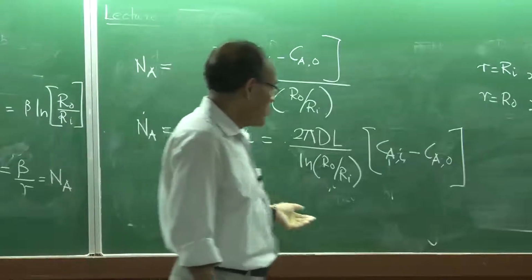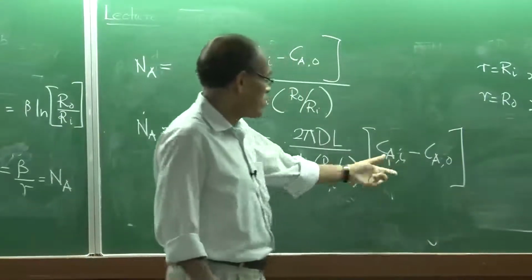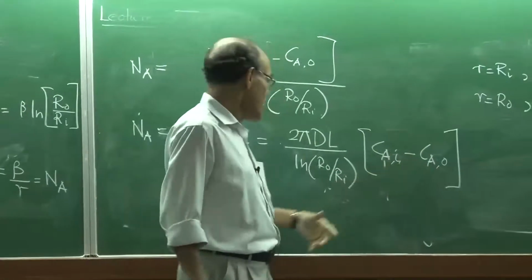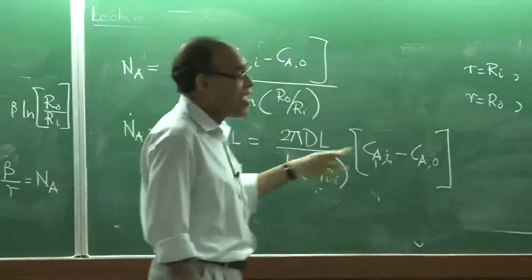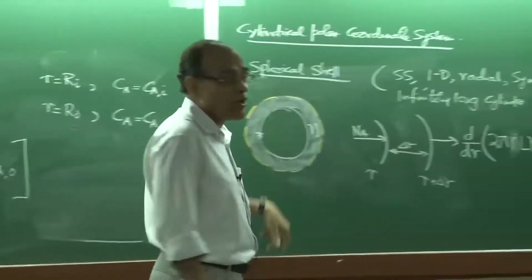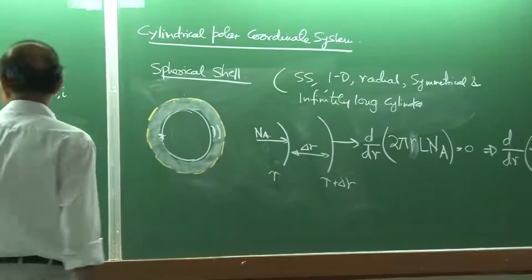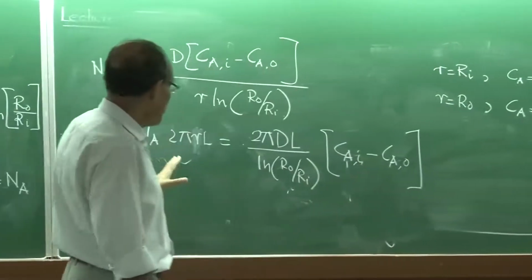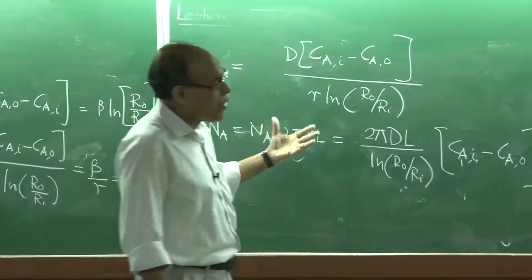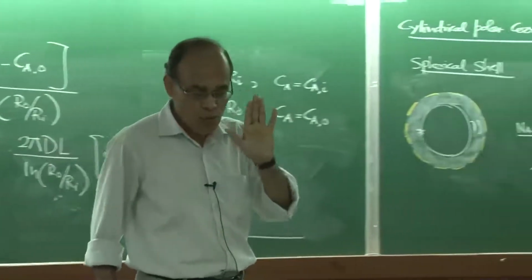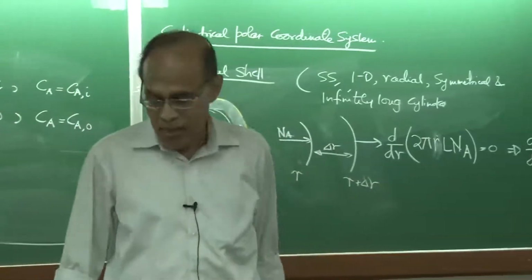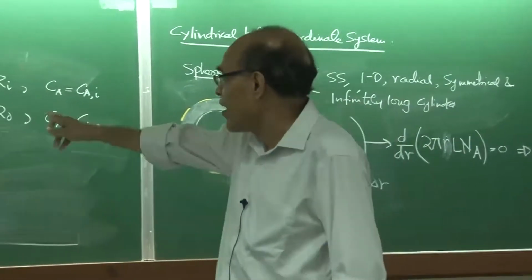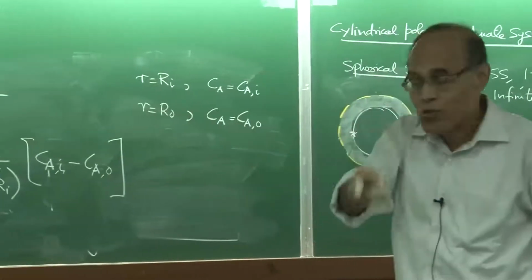Now, if you substitute and convert these concentrations into partial pressure, then the rate of permeation of a gas through a spherical shell can also be calculated using exactly the same approach. And the problem related to the permeation of nitrogen through a tungsten filament, which I have discussed, was with respect to a Cartesian coordinate system,